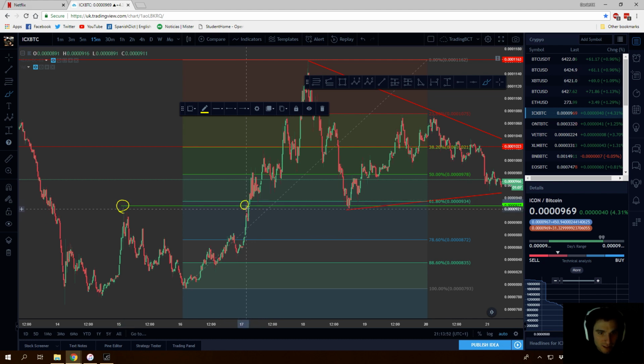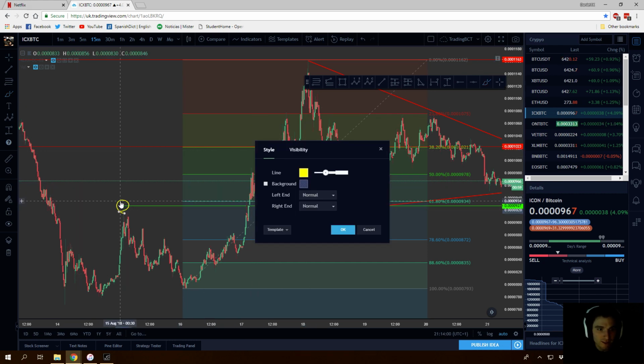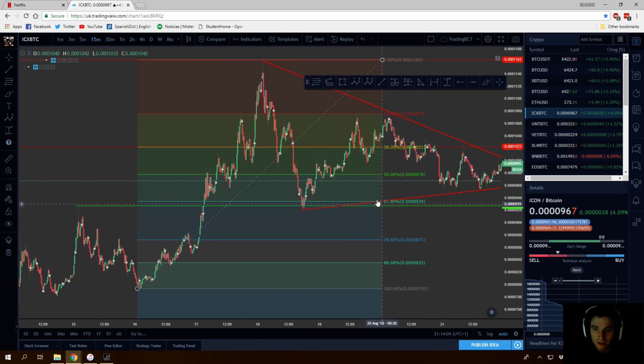Here it actually acted as a little bit of resistance, making it valid as well. And then here it acted as support before we actually moved up again. So here you could have had a nice support line drawn. And what makes it really nice is this support line held strongly with the 61% fib retracement, making it